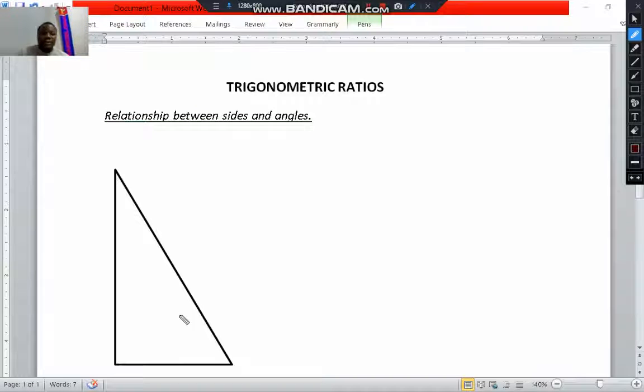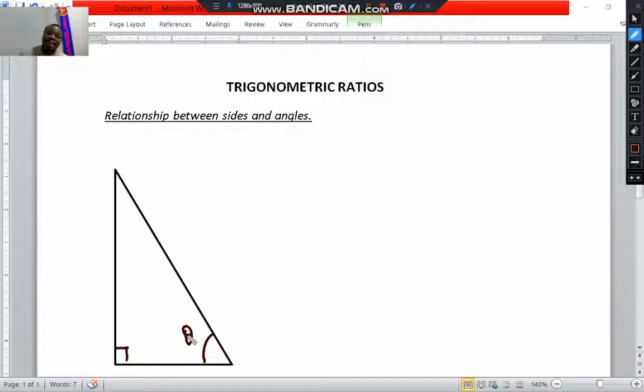Okay guys, so let's continue looking at trigonometry. Yesterday, I think in our previous videos, we looked at the Pythagoras theorem and how that helps us find lengths of a given right angled triangle. So today I want us to continue looking at some other methods that we can use to find the lengths and the angles inside. So today, for the good of this video, I want to use this angle here, theta,